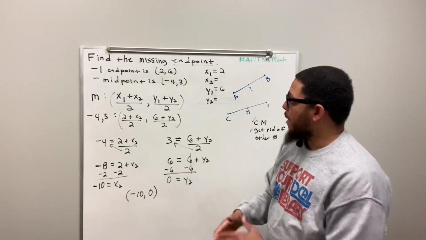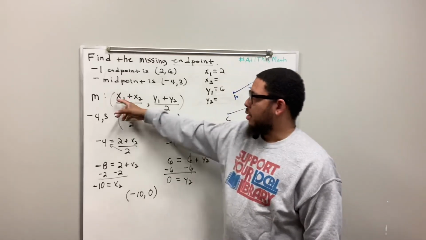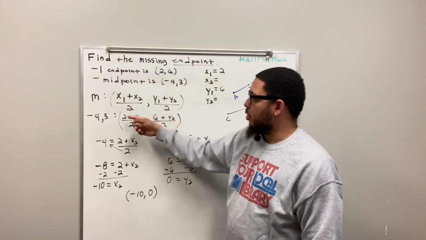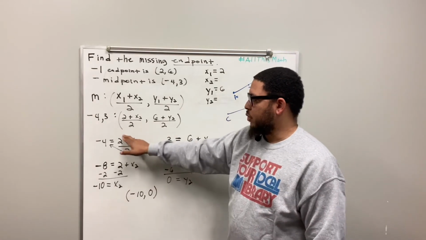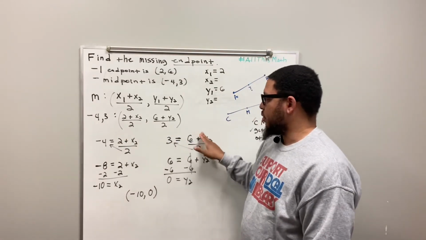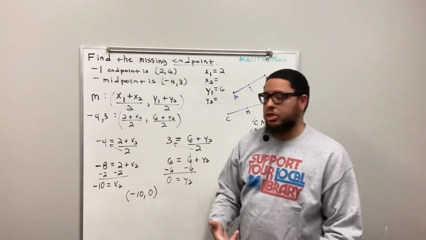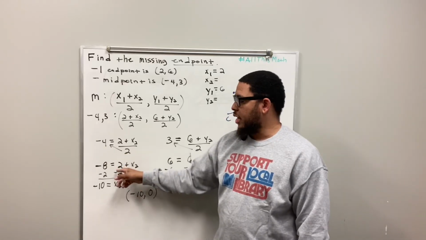Repetition. All right? Identify what your x1 and y1 are. Write your formula down. Put the numbers that you know where they belong. Set up your two equations, equation 1 and equation 2. Solve each equation. That's how you get the answers. Cross multiply is your first step, and then you get rid of the other number by